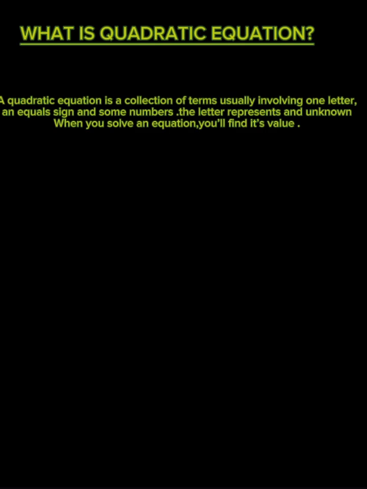So, what's a quadratic equation? A quadratic equation is a collection of terms usually involving one letter, an equal sign, and some numbers. The letter represents an unknown. When you solve an equation to find its value, you have found the value. A quadratic equation is harder to solve than a linear equation because it's trickier to make x the subject of the formula. Solve quadratic equations by factorizing, completing the square method, and